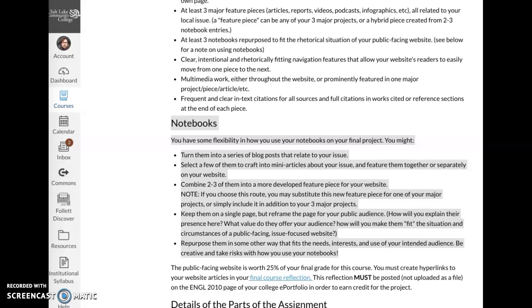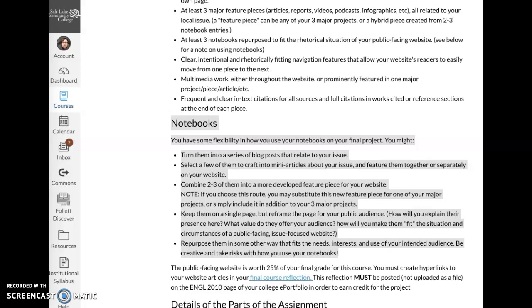Ultimately, it doesn't even have to be clear from a reader's standpoint when they look at your website that this particular section was a notebook or that this thing was a notebook. What I'm going to be looking for you to do is incorporate them in so that they feel of a piece and naturally occurring within the ecosystem of your website and within the grand order that you've created for your site. Later on, when you write your final reflection for the class, you'll talk about where and how you use your notebooks. So it's not necessary to specify this is a notebook or that's a notebook when someone reads your